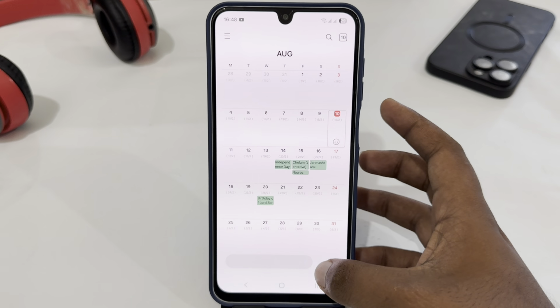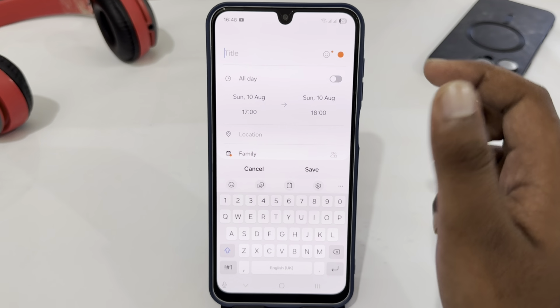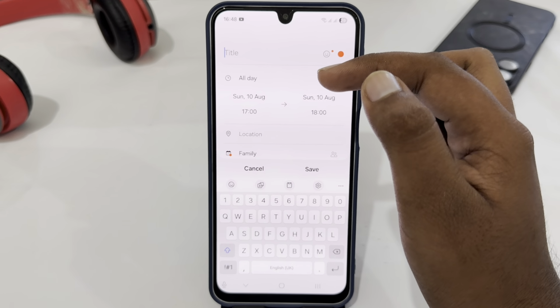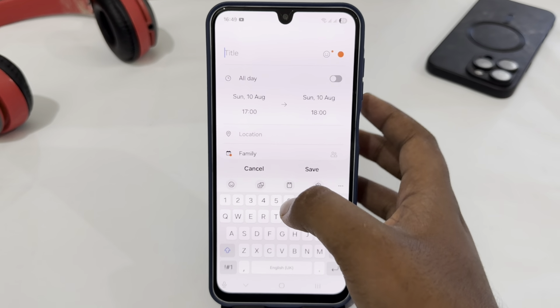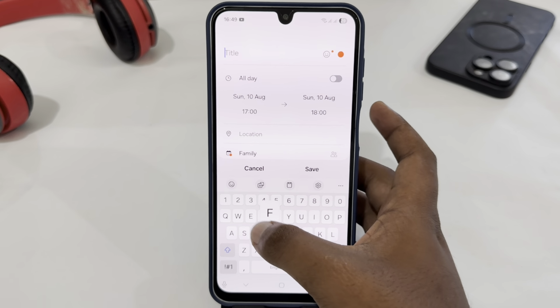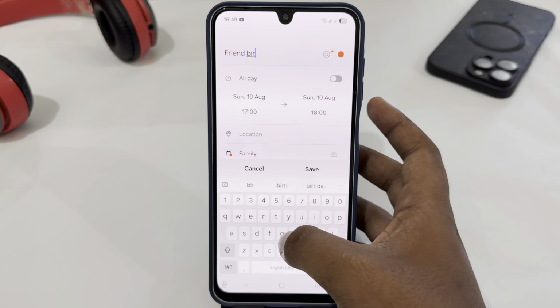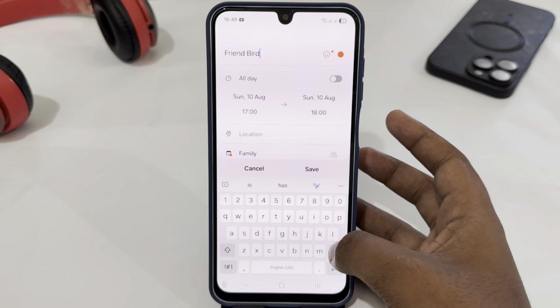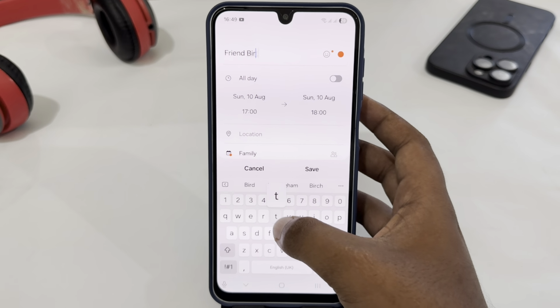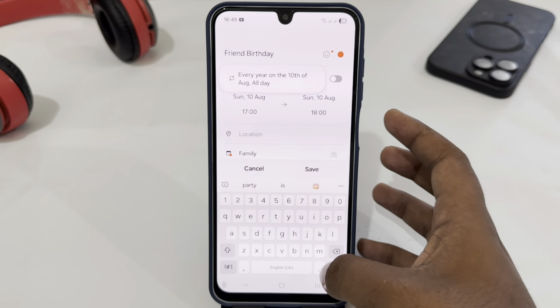and here just select the plus icon, and here you just have to enter the title for your reminder, as I'm going to enter, for example, friend's birthday here. Just enter that,